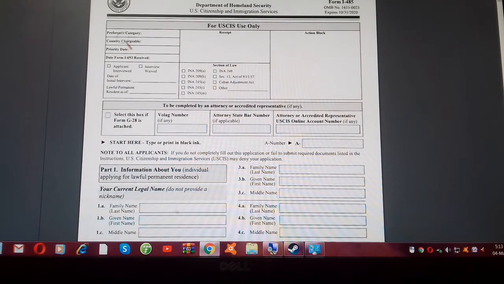For example, you are an Indian and you are visiting the United States of America, and there, if you marry an Indian girl or an American girl who is a PR holder, a permanent resident holder, then you will get this green card also after 3 years of living there. Okay, after 3 or 5 years you will get this green card easily. So this is a very easy process if you marry a girl who is a PR holder.